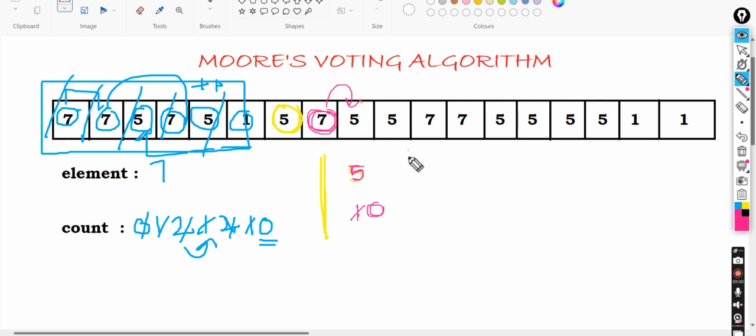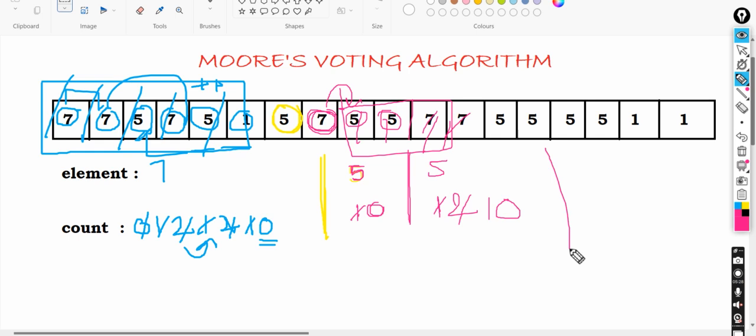Again we came with 5, so the count is 1. Again we got the same, so it became 2. Here came 7, so it became 1, and here again 7, now it became 0. From here to here it was a second array which is again discarded.